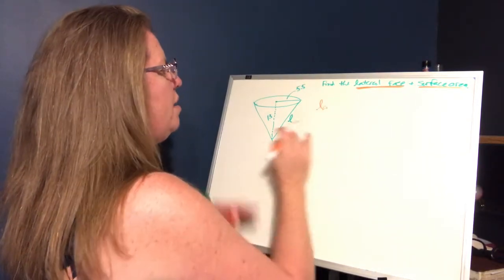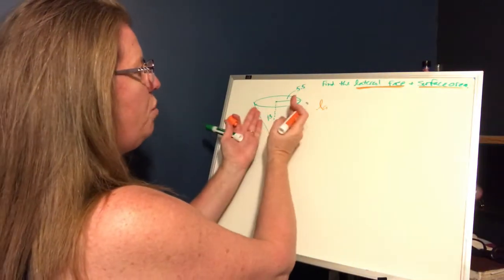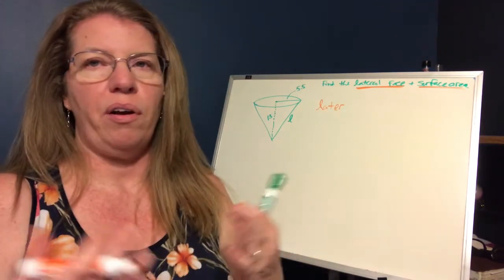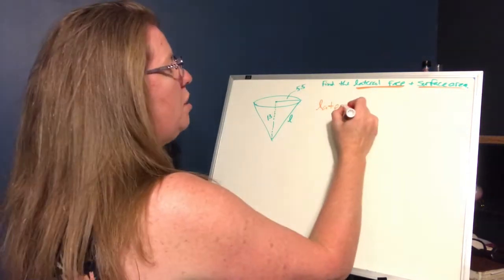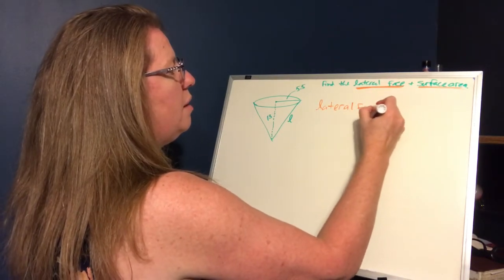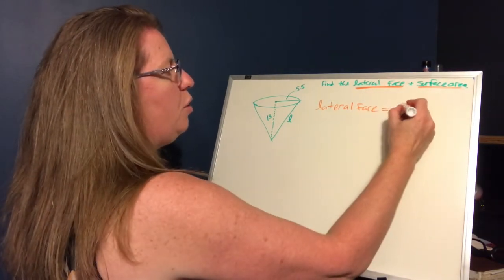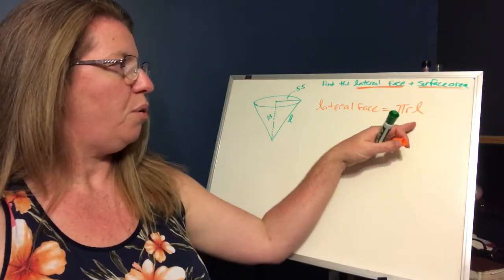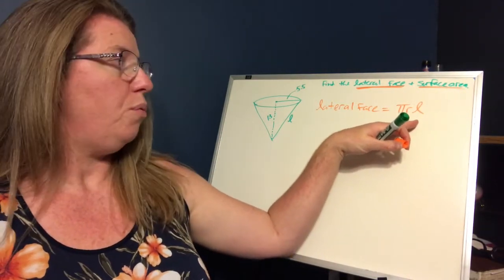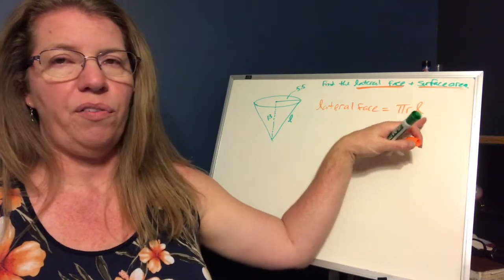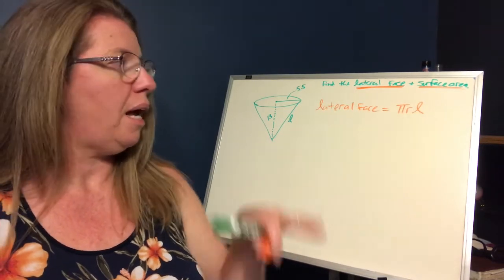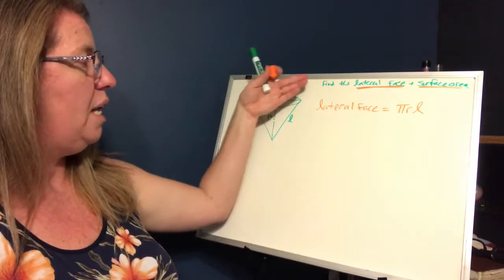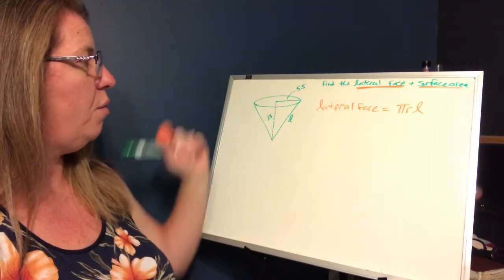The lateral face is the nice smooth area around the outside of the cone, which is the area of the sector, which we just solved for. So the lateral face is equal to pi R L. That's the part we just solved for. So if you have the radius and the slant height, then we can find the lateral face. But of course, they just gave us, in this cone, we know the height of the cone